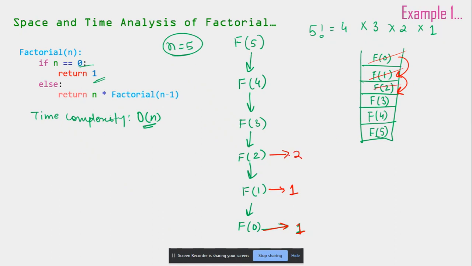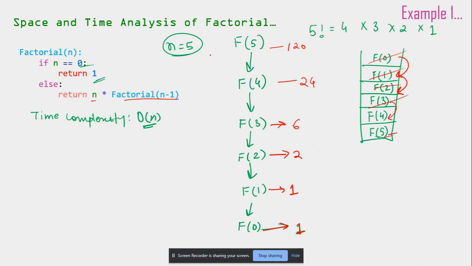Now you're going to use the value of 3 into 2. 3 into the previous value 2 is 6. This is again going to get popped, and we're going to have the value of 4. So 6 into 4, and similarly we will go like this. I guess it is 24 and 120, right? Yes. So this is how the recursion works, but we haven't calculated the space yet.